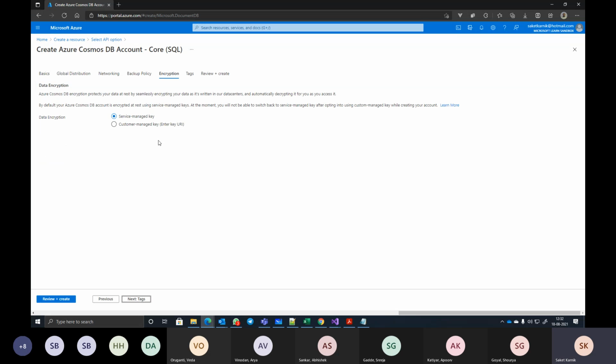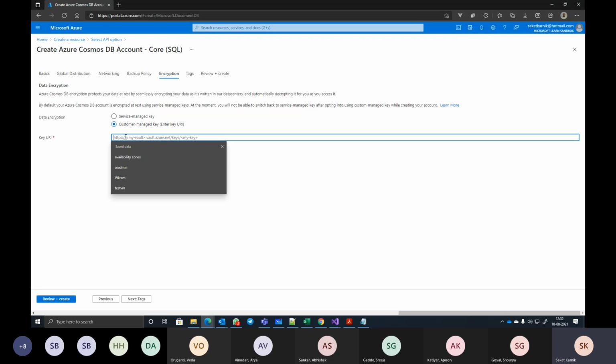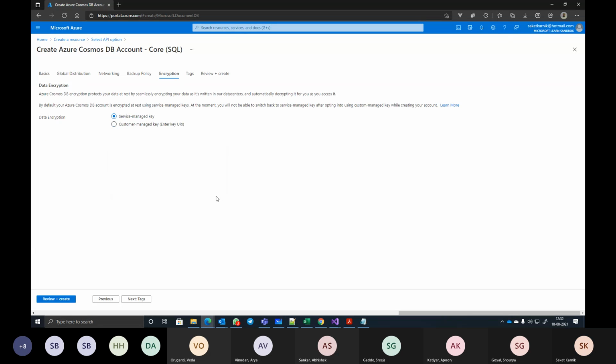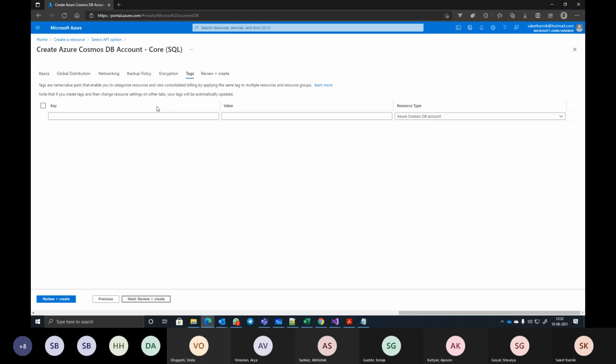Data encryption, how it happens. A system provided key to be used for signing the encrypted data, or you want your own key. If you have created a key vault and put a key into it, maybe then you can select customer managed key and provide the URL of your key from your key vault. For now, I'll go ahead with service managed key. Next,